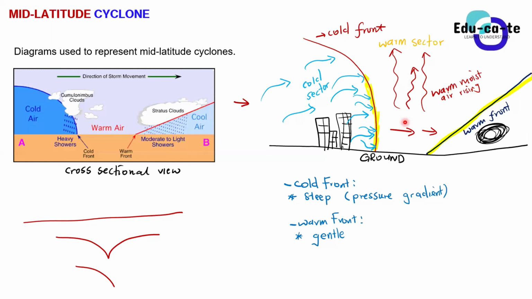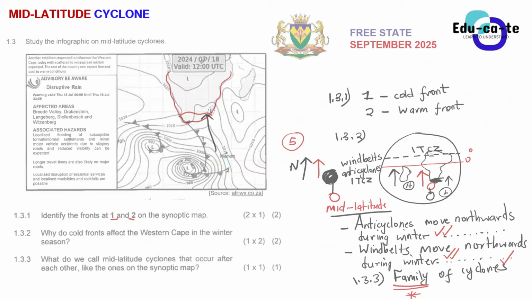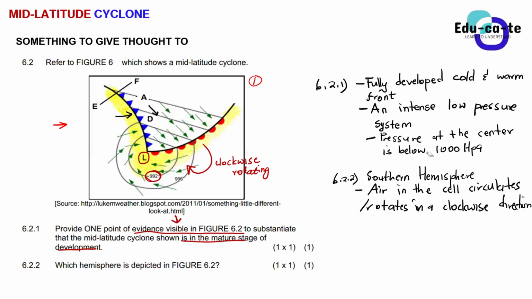That's where there's warm, moist air rising. It is behind the warm front. But ahead of the warm front, in this region, we have cold air again. It's the cold sector again. Even from the plan view, guys, we can see that. If we look at our plan view, yes, Sam?